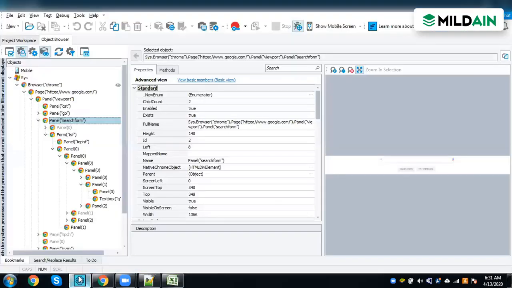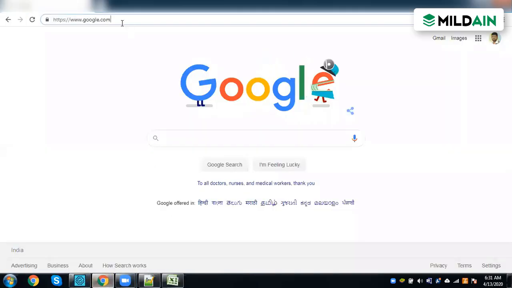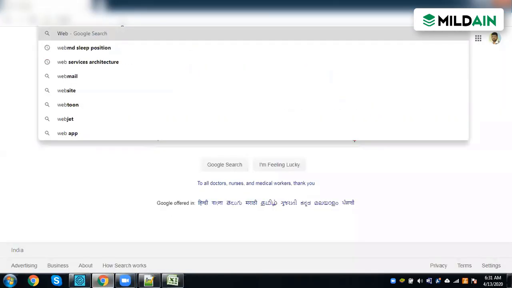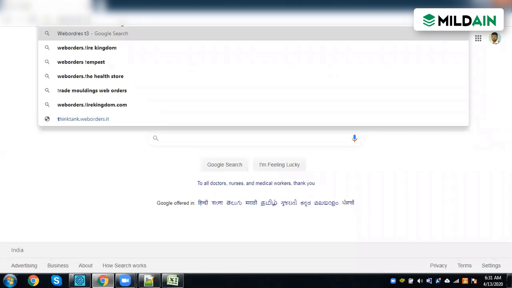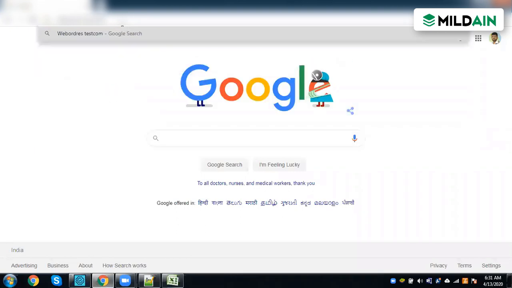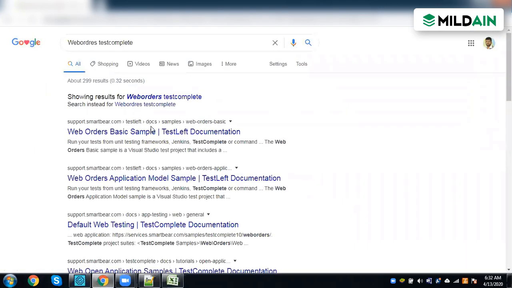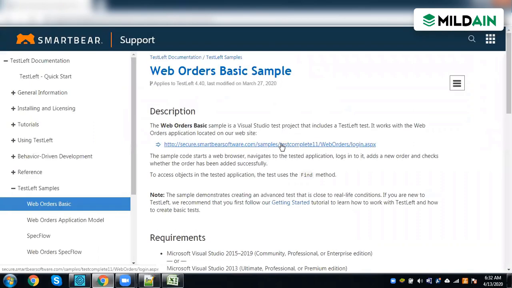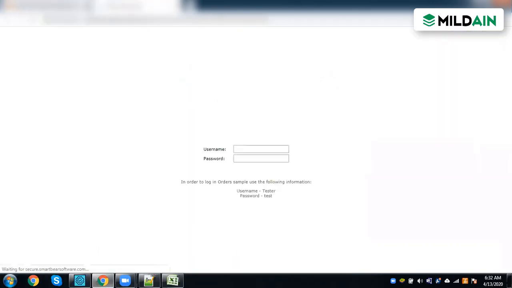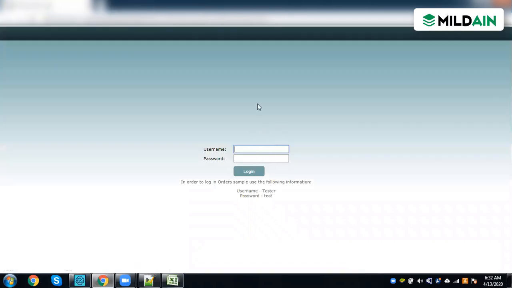So the first thing is full name. I will just go to a different sample application so that you will get it. Okay, so this is a basic WebOrders application just used for trial stuff.